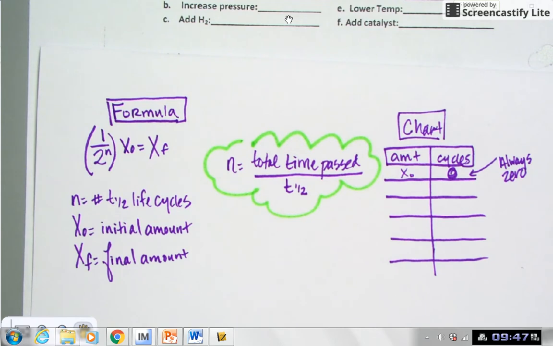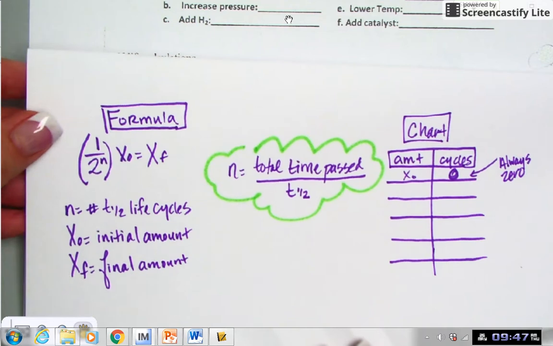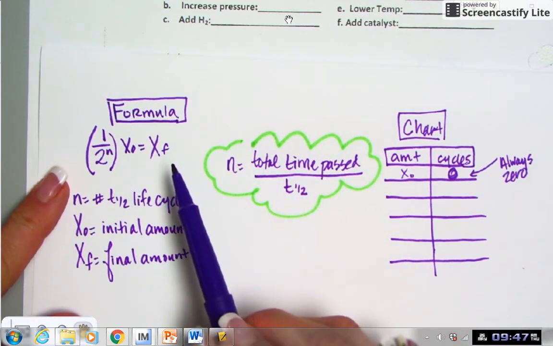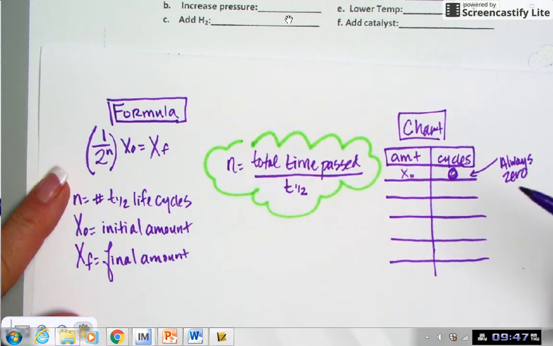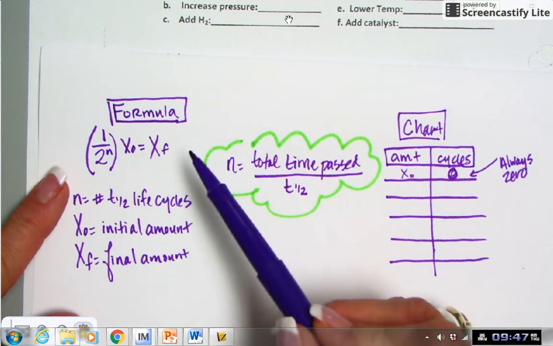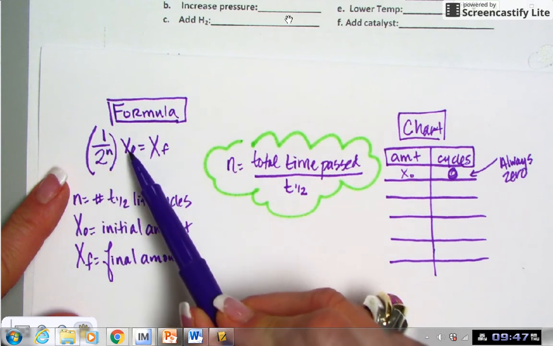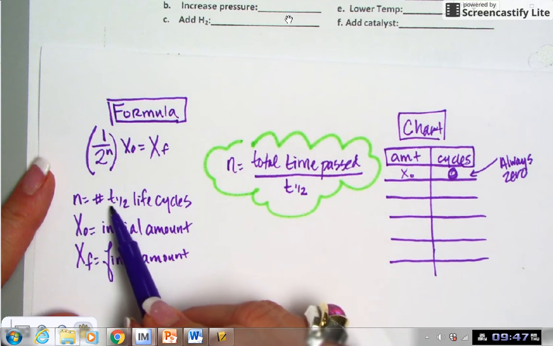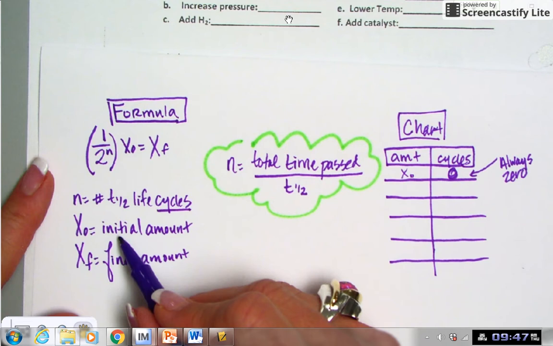We're going to work through some half-life calculations, and just before we get started, I want to remind you of the two methods we could use to solve for half-life, to solve for cycles, to solve for the initial or the final amounts. So the first method is using the formula, where you use 1 over 2 to the nth power times x initial equals x final, where n is the number of half-life cycles, x sub 0 represents your initial amount of